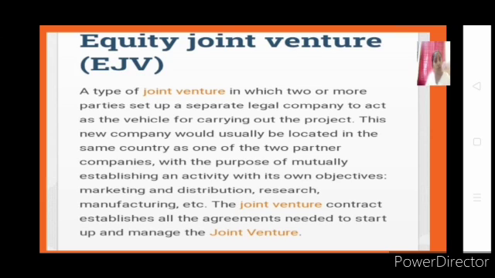But in equity joint venture, what happens? You will establish a new company. Together you establish. A will be having his own business, B will be having his own business. Together they start C business. So when I come to the point of C business, C company, both are the owners. When it comes to the point of A company, only A will be the owner. When it comes to the point of B company, only B will be the owner. But when it is a C company, both A and B will be the owners. Is that clear?